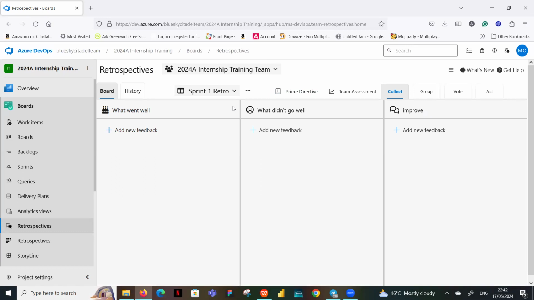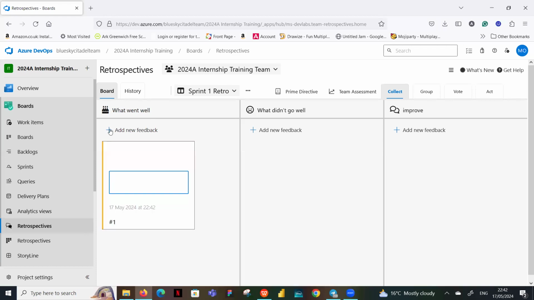Some teams allow their members to get used to the use of the board. So it's better to let them get used to the board rather than keep creating and sending links to them, which makes them lazy. Then all they'll do is ask, where's the retrospective link, rather than going on the board and getting to where the board is themselves in order to populate